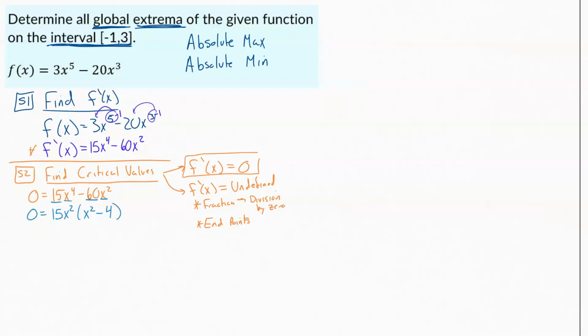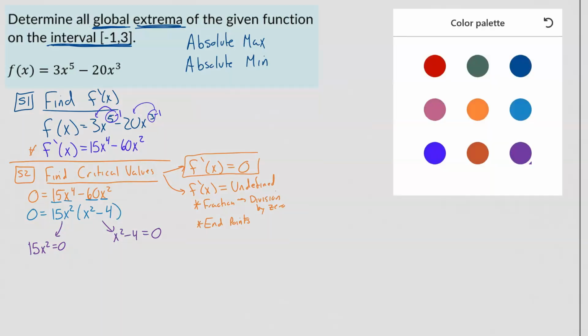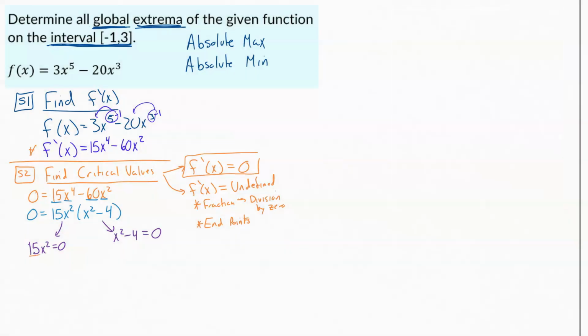the front. The reason that we do this is now that these things are being multiplied, we can really break these up into two smaller bite-sized math problems. So we want to know whenever 15x squared equals 0, that'll be our critical values, or whenever x squared minus 4 equals 0, that'll also give us critical values. So working on that 15x squared one to start with, you would just go ahead, divide both sides by 15. We're just trying to get that x by itself. And then x squared equals 0, you would just square root both sides of that, and you would end up